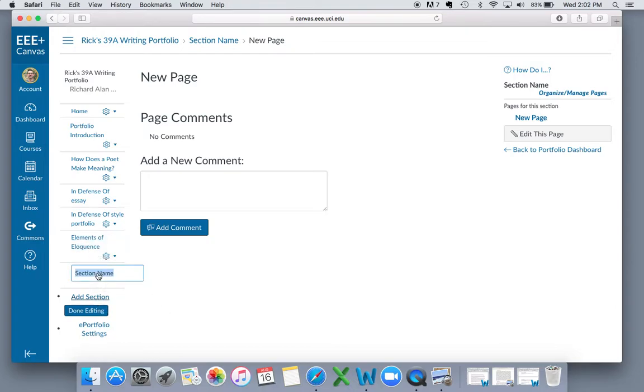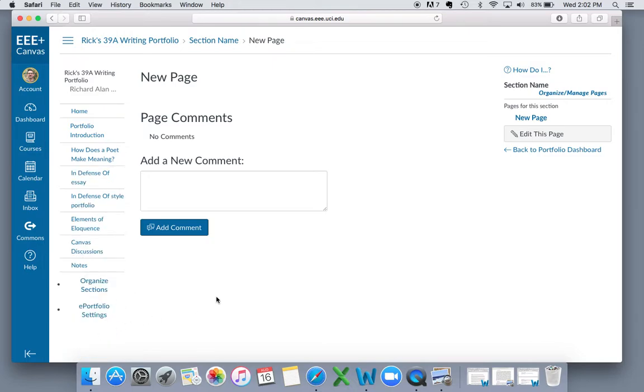Let's add another section and let's call it Canvas discussions. And then let's maybe add one more called notes. Now I'm not saying these are the categories you need to develop. I'm just showing how I would present my work hypothetically. Reverse chronological order based on assignments, and then some additional writing exercises like the elements of eloquence, Canvas discussions, and